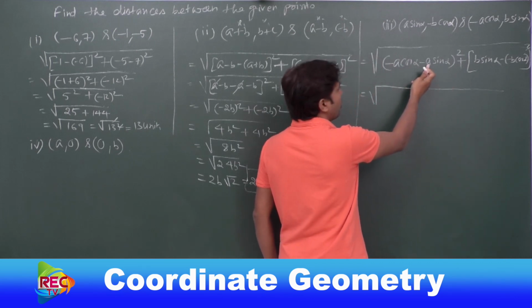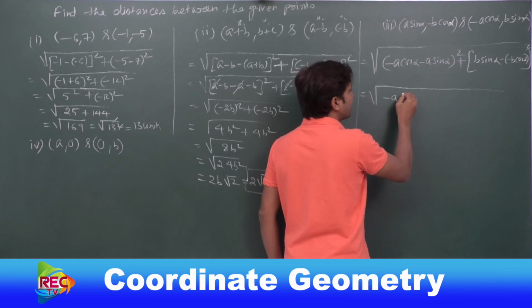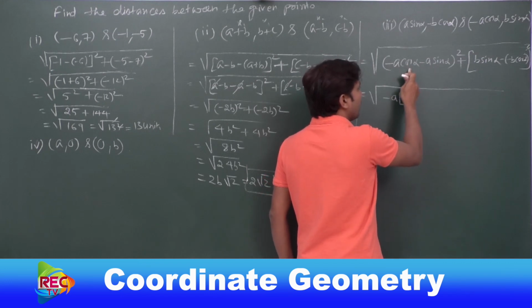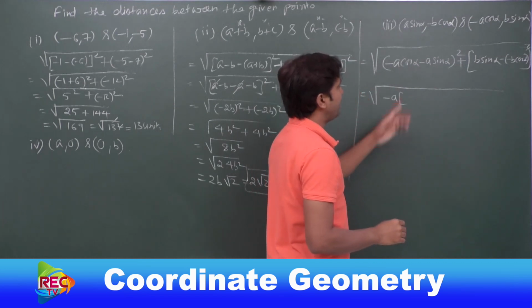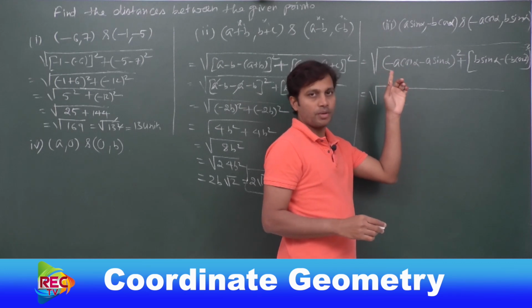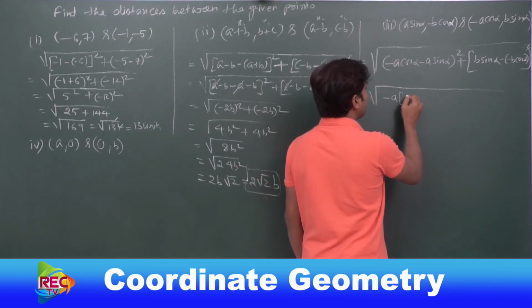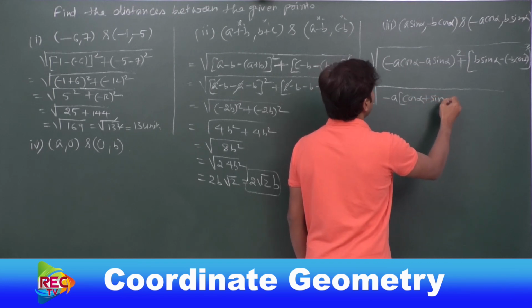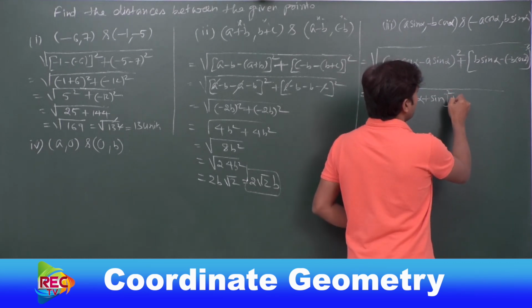Can we take minus a in common here or not? Okay, minus a we can take common inside the brackets. When we take common minus, the signs will be converted or not? Yes, signs will be changed, and here we took minus a common, so all the signs of the terms inside will be pluses. So cos alpha plus sin alpha, okay, whole square, right?